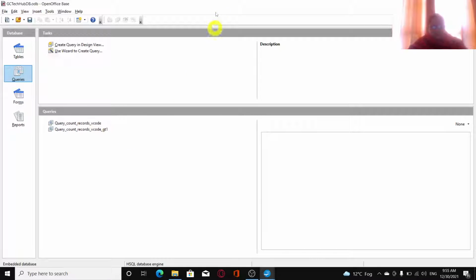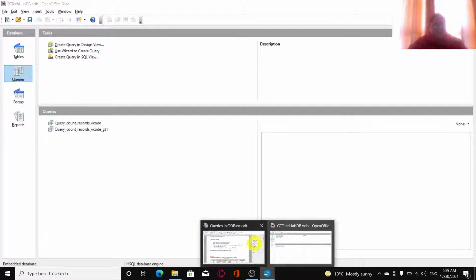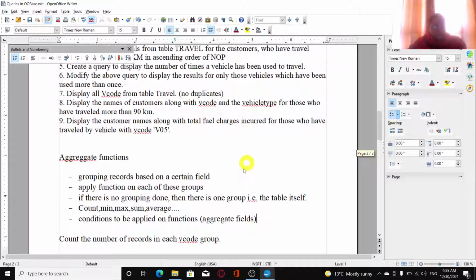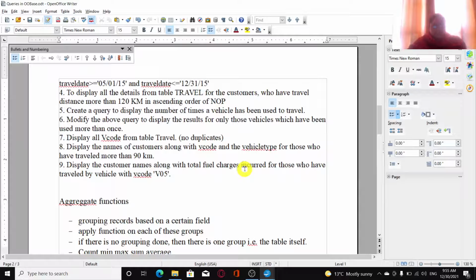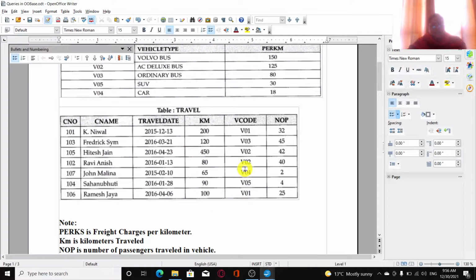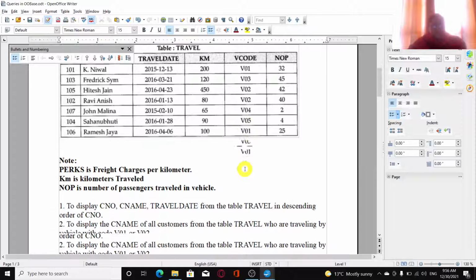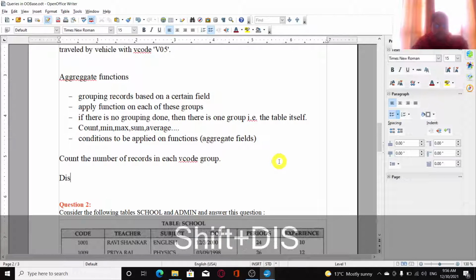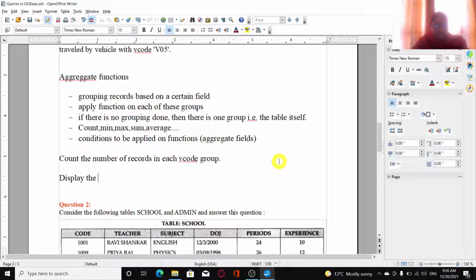We have 2 queries, and likewise you can also display other things. Now I am going to tell you how we can use the other functions here, like sum, average, and so on. So suppose the question says display the sum total of all passengers, that is display the total number of passengers in the table. So I have to display the total number of passengers in the table.